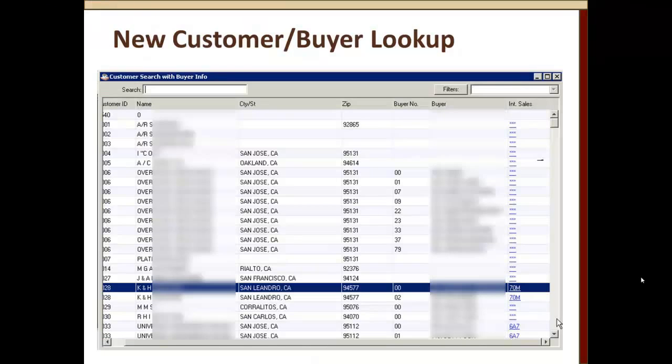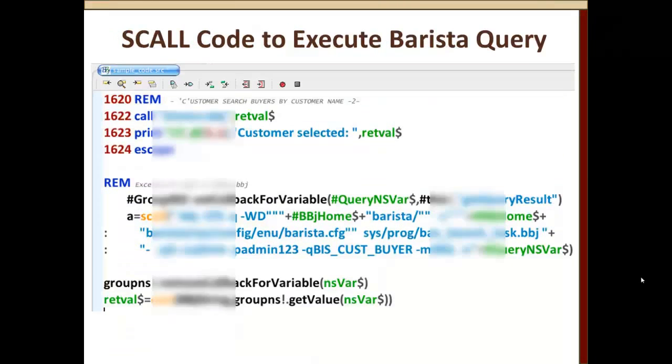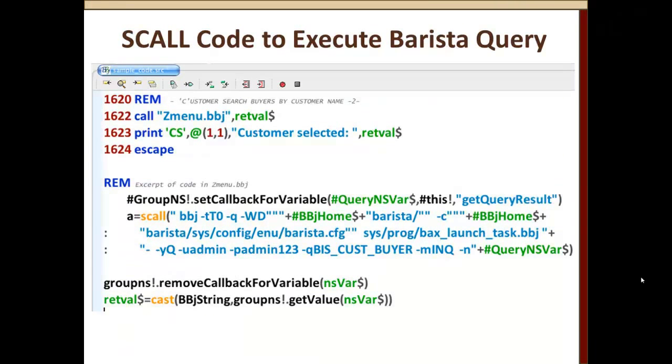Let's have a look at the code that is used to call this query. So here are a couple of snippets of code. On the top we have the simple call to zmenu.bbj with a return value, and here we'll just break out and show the value as we saw when we ran the code. And here's an excerpt of the code in zmenu.bbj. We're setting a group namespace to be able to store the value of their return value, this retval$,